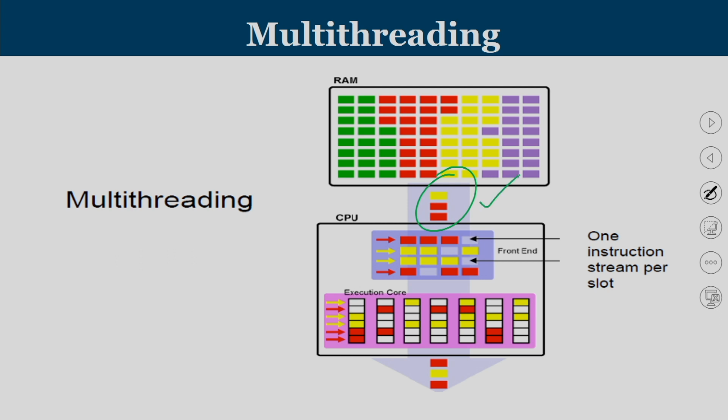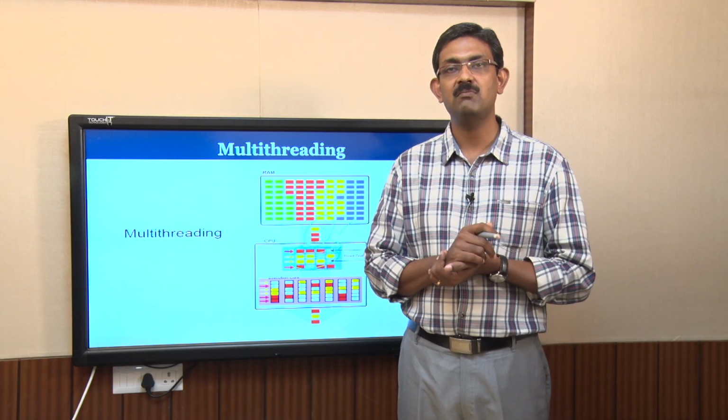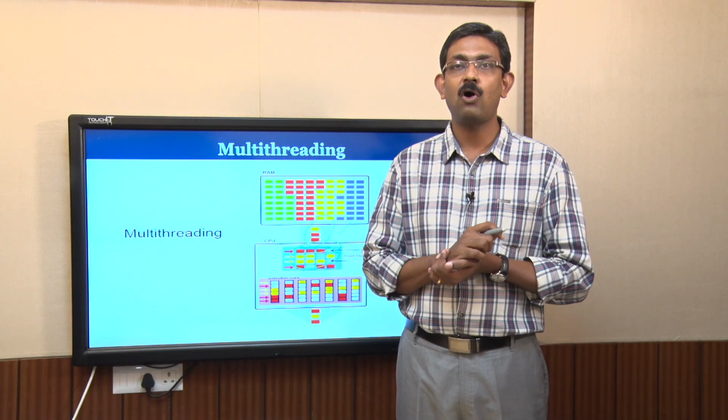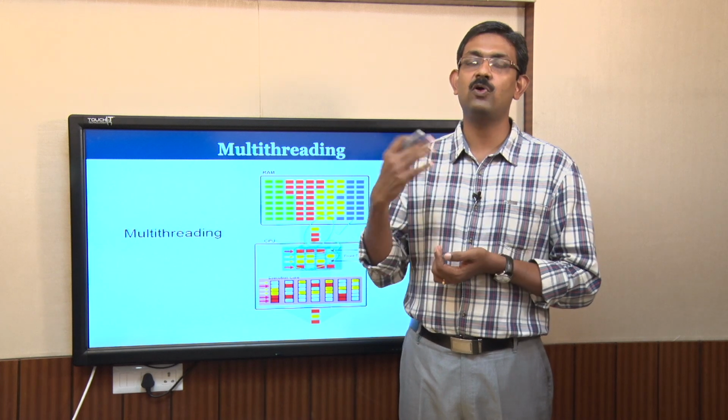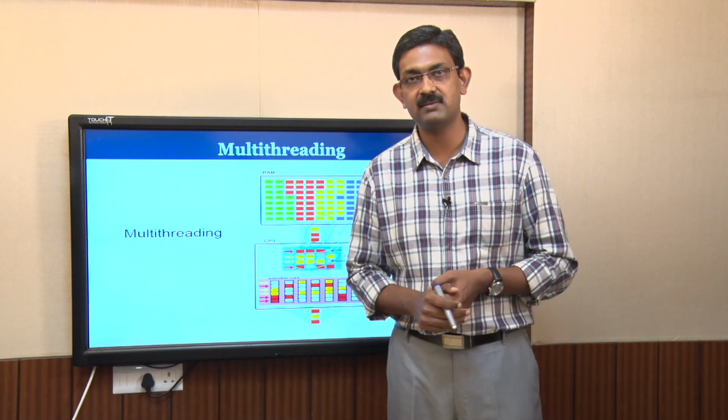When it comes to decoding, let us say in one clock cycle I decode only the red program instructions. Next clock cycle I decode only the yellow instructions, like that. So, given any time slot, either I will be working on instructions belonging to program A, or I will be working on instructions belonging to program B. That is called 2-level multi-threading. You can have 3 or 4 or multiple levels.